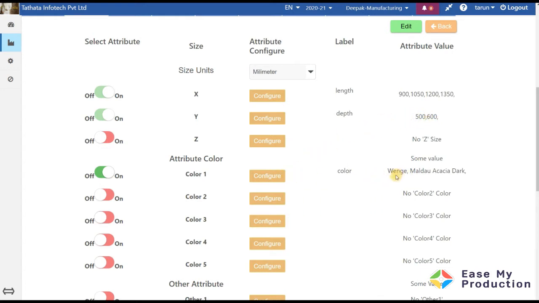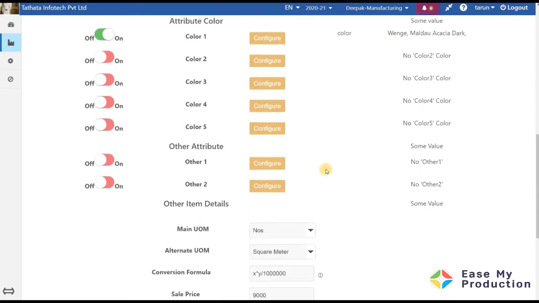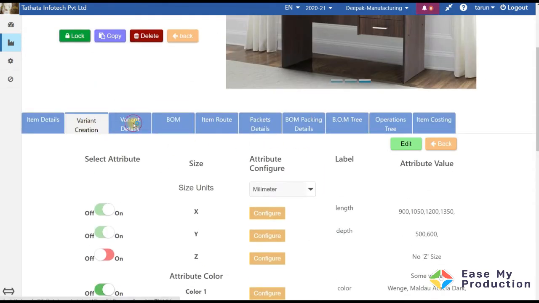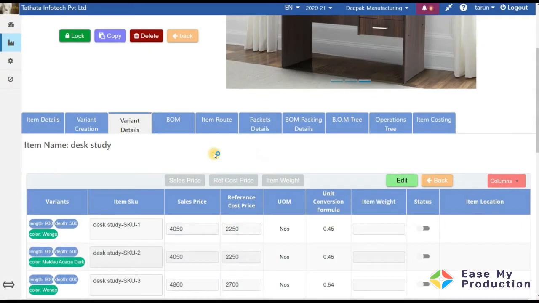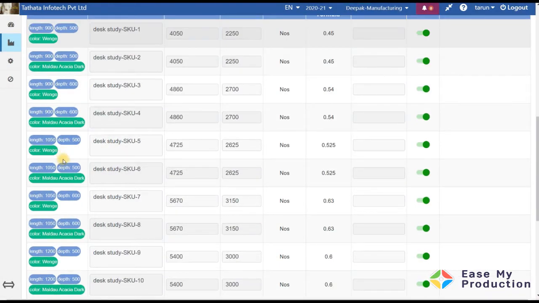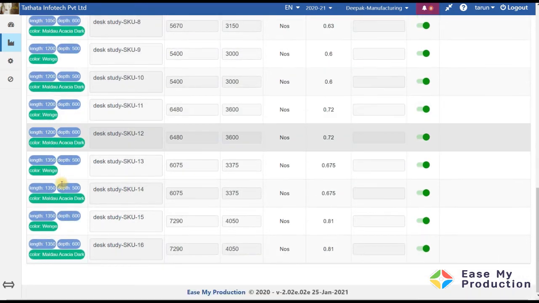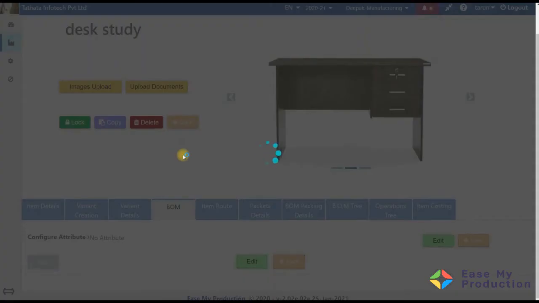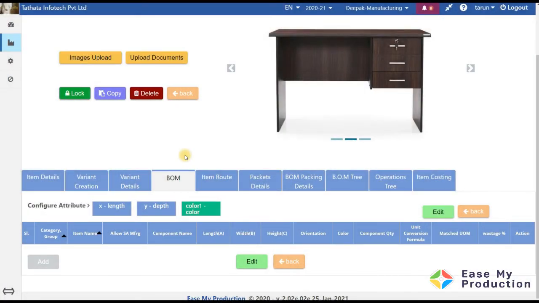And these are the color options: Vangue and Maldu Acacia Dark. All these combinations are already here, as you can see. And now let us go and make the BOM.